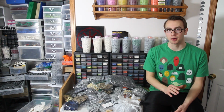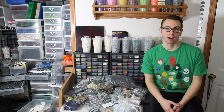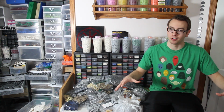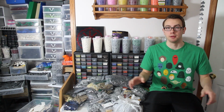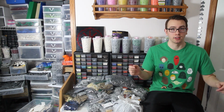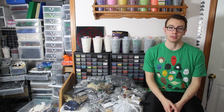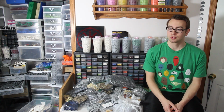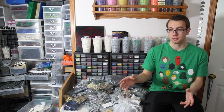So I'm not going to use as much water, which is really the limiting factor on the MOC and the size of the whole beach area, because otherwise beach is really easy to build. You can just whip out islands and beaches and the terrain. You do one little section, you just repeat that, and that's all the thinking you have to do. It doesn't take a lot of work. So I can really expand that, and I'll probably be adding another two 8-foot tables on the sides of the